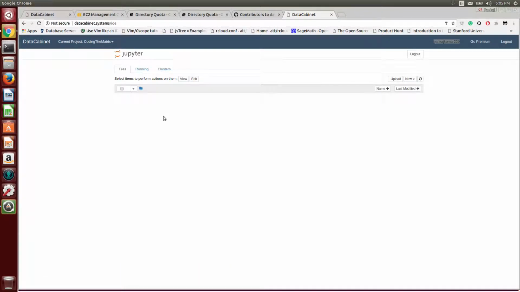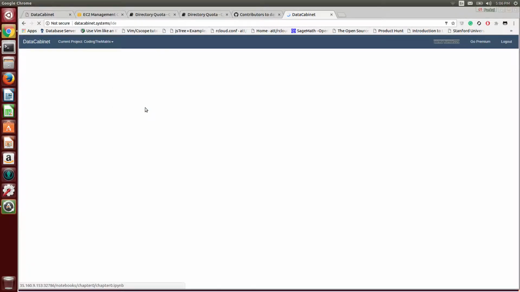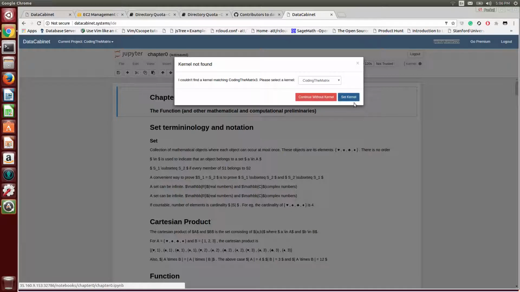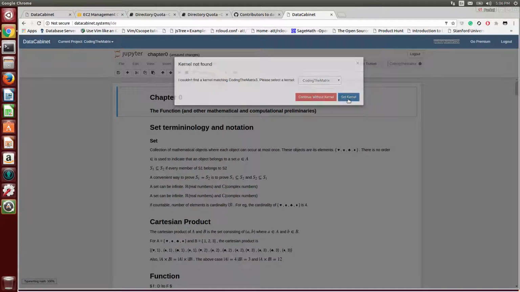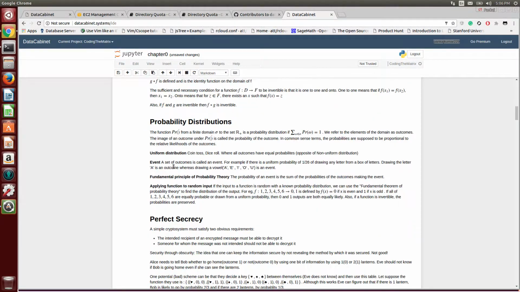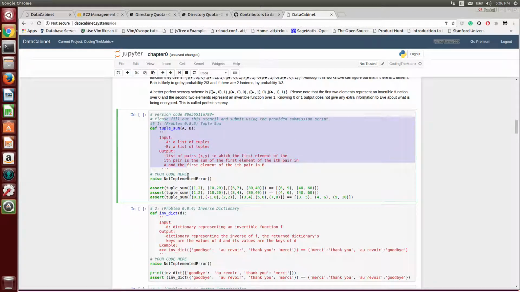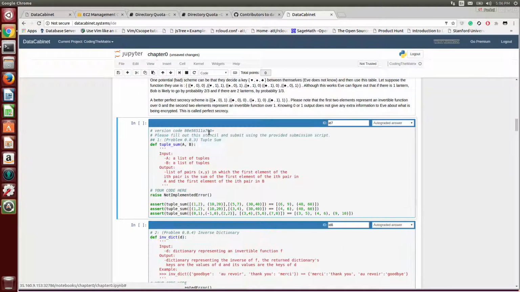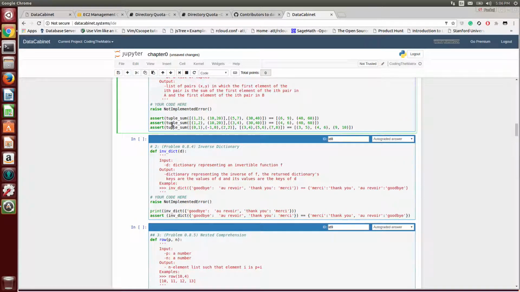So let's see how the assignment looks to the student. So this is what the student will get. Let's set the kernel to coding the matrix. Just set the kernel to the same kernel as the name of the project. And now if you see, this is a problem, right? You don't see the headers. So the way we'll fix this is you'll put this and you'll get all the headers. And if you see, to a student, this area is not implemented. He has to implement it himself, he or she,